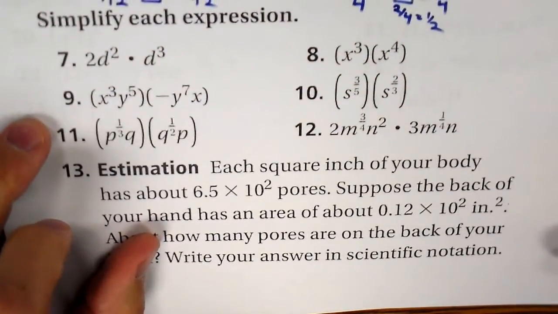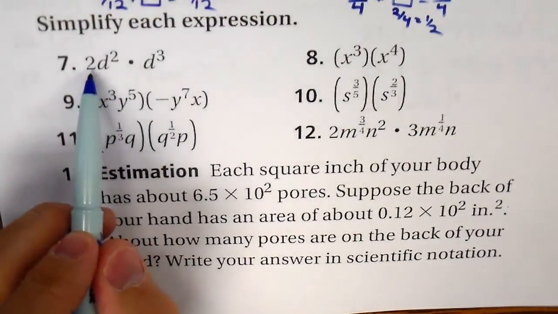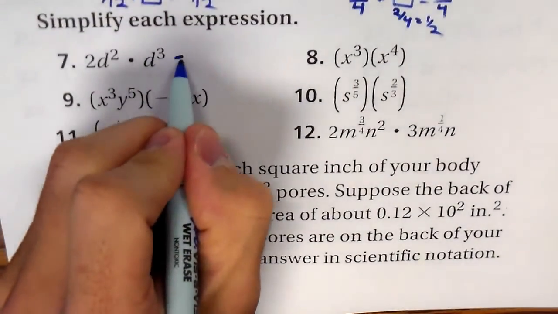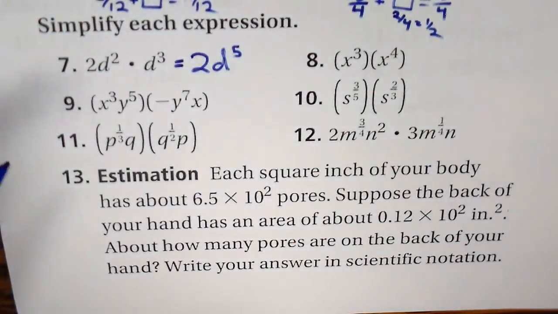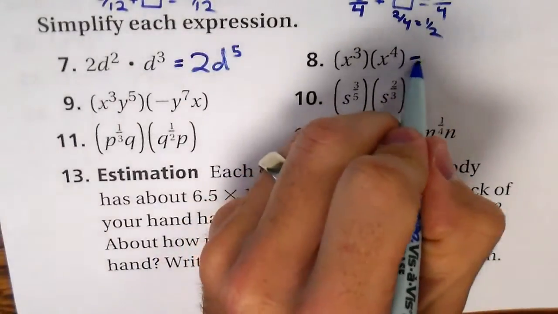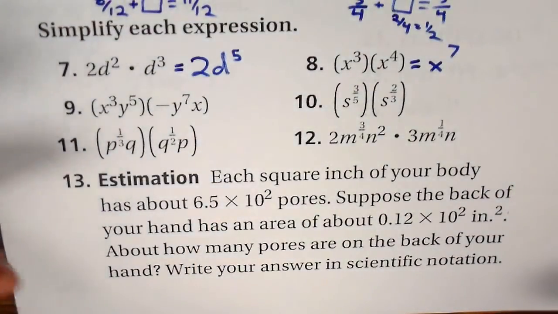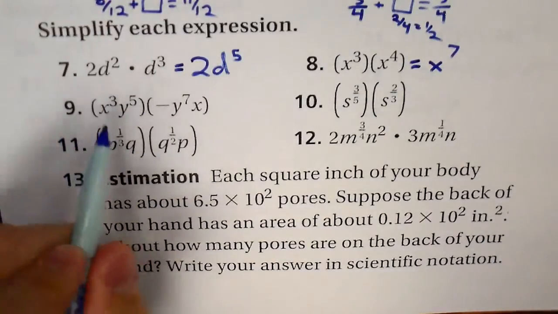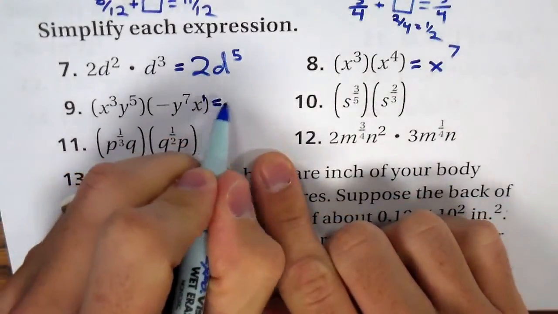Looking down at number 7 through 12, we're going to be simplifying. So, same as before, I have a coefficient now in front, so I'm going to make that 2d to the 5th because I have 5 d's. Number 8, that's going to be x to the 7th, x to the 3rd plus 4. Number 9, I have x to the 3rd and x to the 1st, so that gives me x to